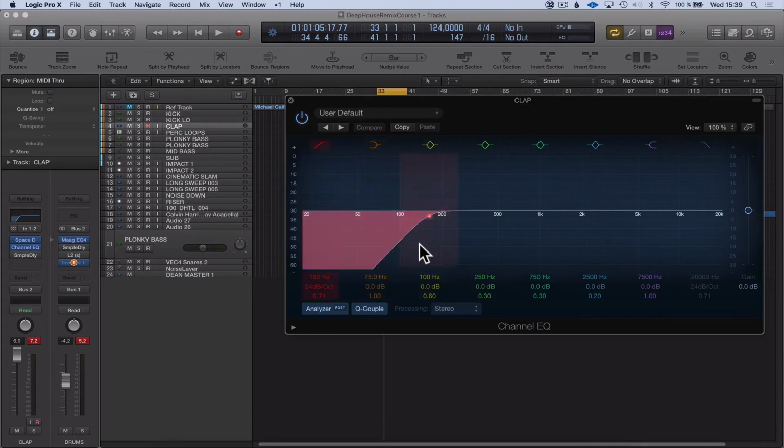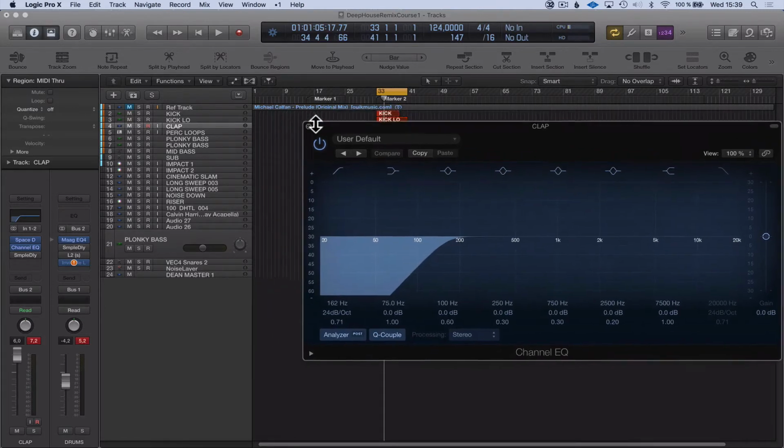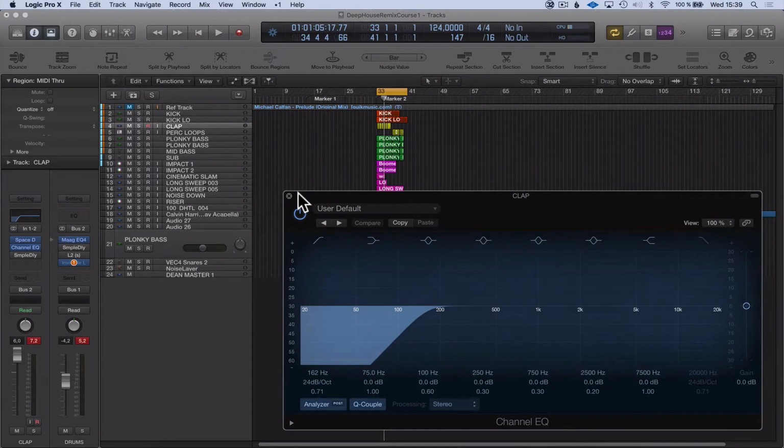Off the low end. I basically do that on almost every track besides the bass and the kick drum, because those are the two elements in my track that do have the bass on. But besides that, we don't want any bass from anything else, because the bass is very